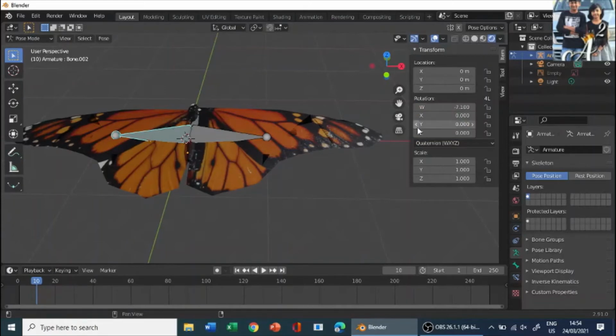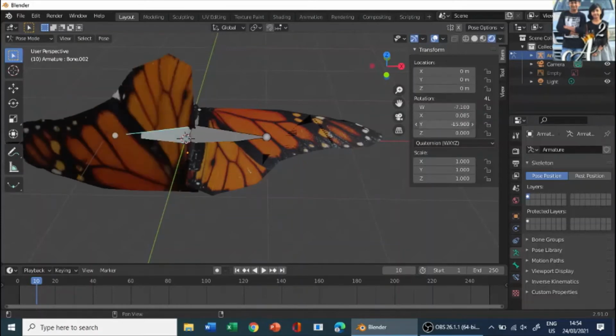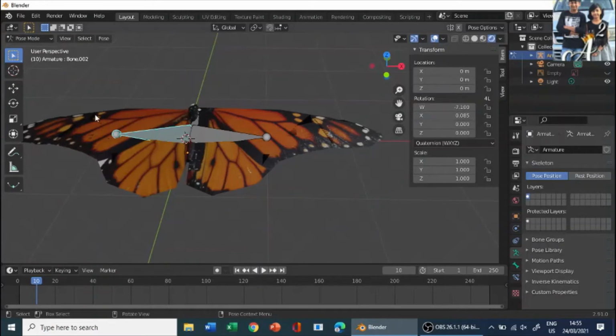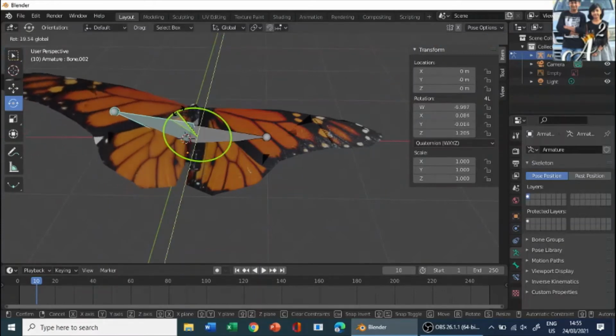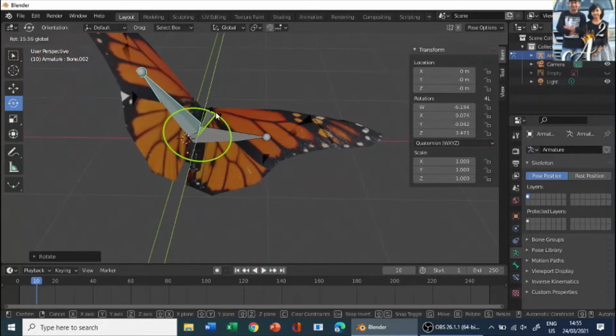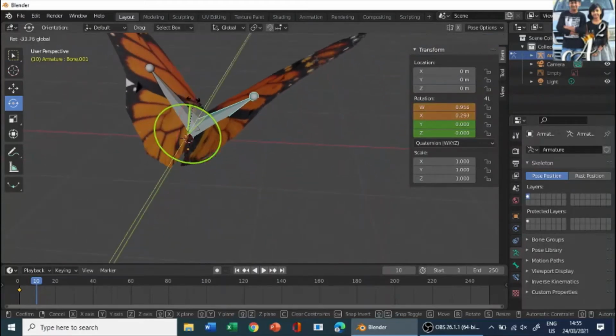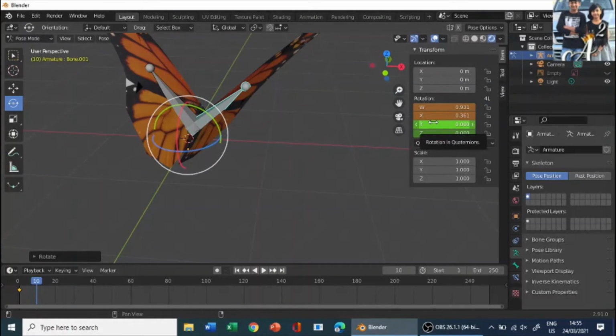Select the particular bone and rotate it on the Y axis, move it something like 85, with Z 0, and R to rotate on the Y axis, move it up. Yep, move it this much, or a little more, and press I to add a new keyframe. Do the same for the next bone over here, move it up on the Y axis and press I to add a new keyframe.